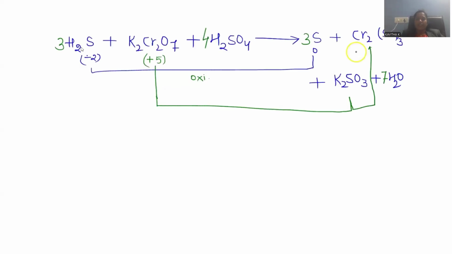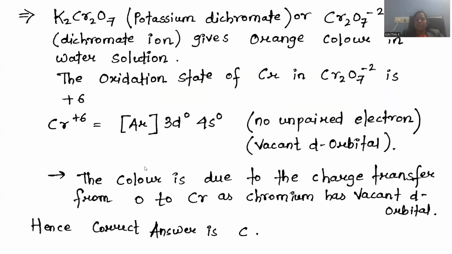Here is another reaction. H2S is treated with K2Cr2O7, and H2SO4 is the acidic medium. H2S is dihydrogen sulfide. There is a formation of sulfur. This is also regarded as oxidation because sulfur is initially -2, but here the solid sulfur generated will be in the 0 oxidation state. So -2 converted into 0 is also a kind of oxidation we can regard. And potassium dichromate is the oxidizing agent.